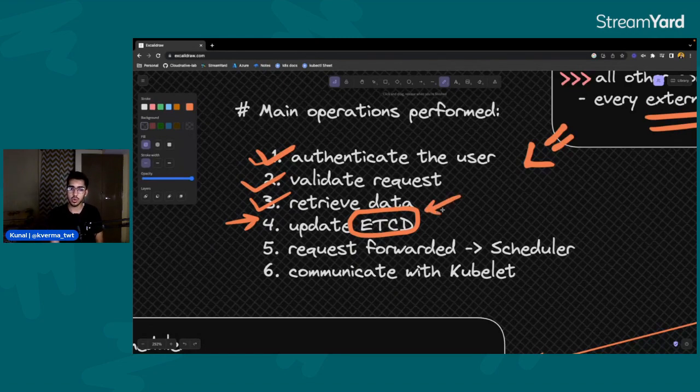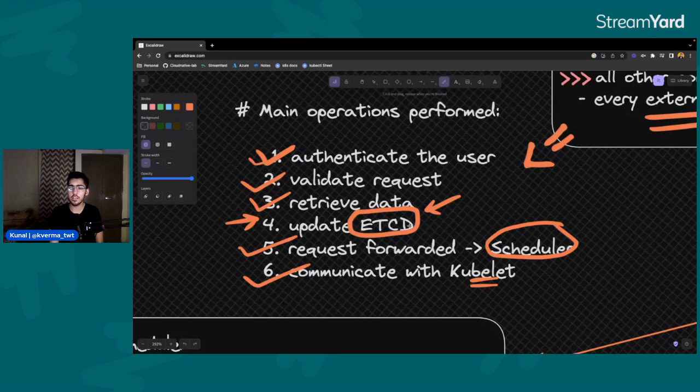So it will store the information or the request in etcd, and only after the data has been stored inside etcd, the database of our cluster, the request is forwarded to the scheduler. Again, something we'll discuss a little bit later. And after that, last but not least, it communicates with the kubelet and the request is moved forward from there. So there are three new terms that we use right now.